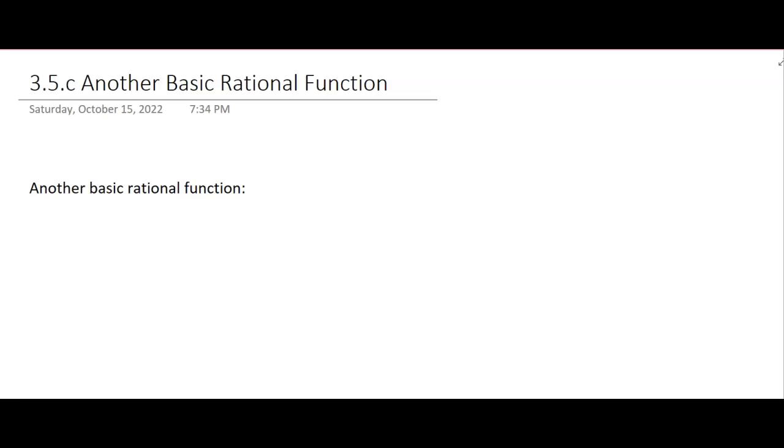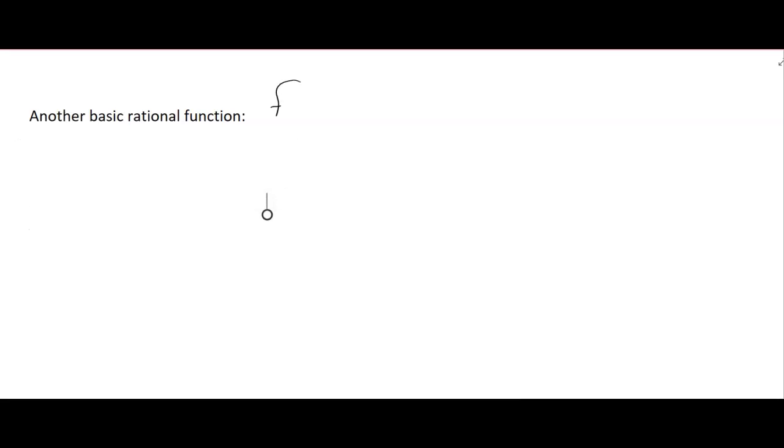So we have another basic rational function. Some books will give it a name. They'll call it the reciprocal squared function. Anyway, it looks like this. F of x, nice F, huh? Okay, is 1 over x squared. Now, if you were to make a table of values and graph that,